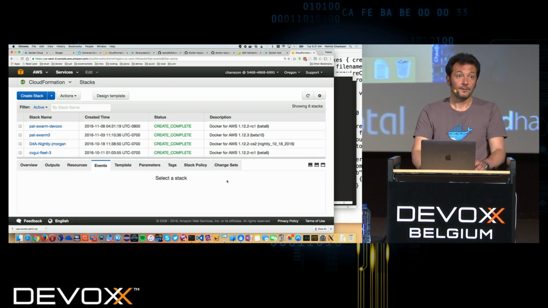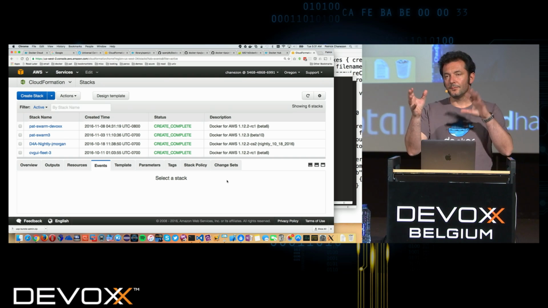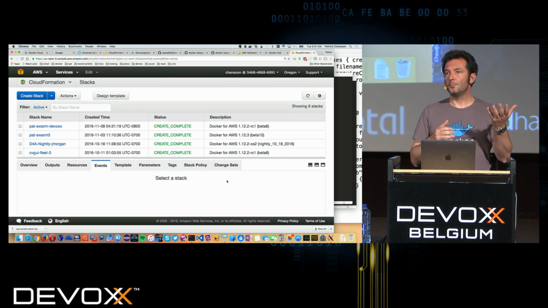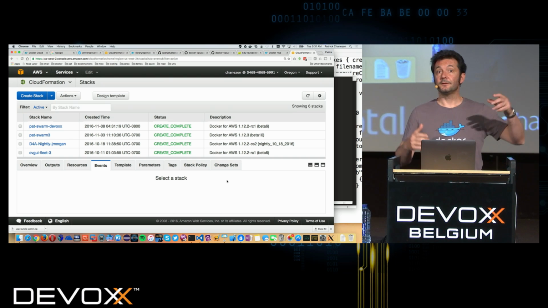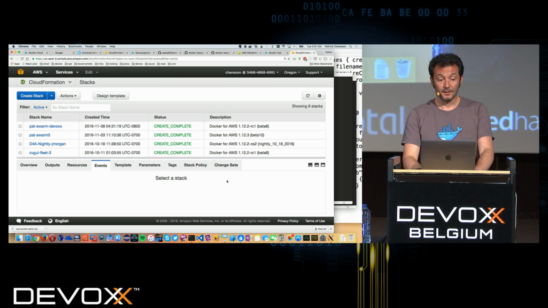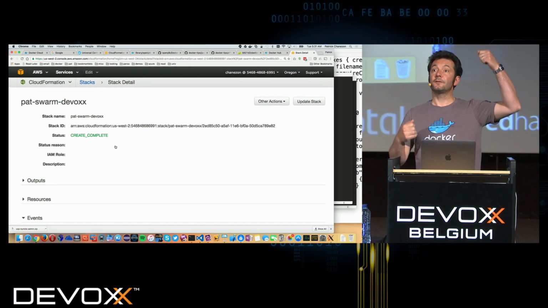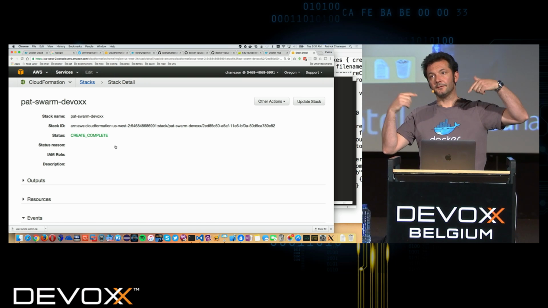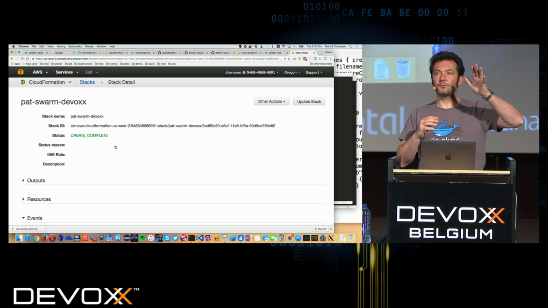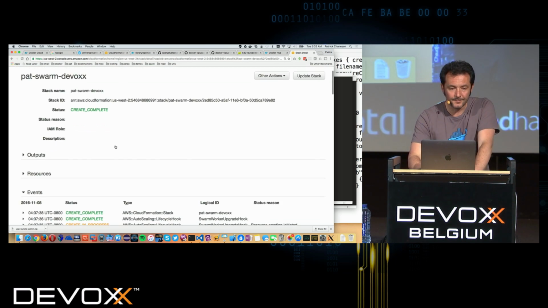And then I create. So then it's going to use that CloudFormation template to create a cluster with the machines with the sizes that I want. It's an Alpine image in there. It has Docker installed. It's going to create a secured swarm that's running in Amazon, and it's going to create a load balancer, and it's going to launch some containers as global services that listen to swarm events. And every time I create a service and I publish a port, it's going to open it on the load balancer. So it's going to auto-configure the load balancer for me.